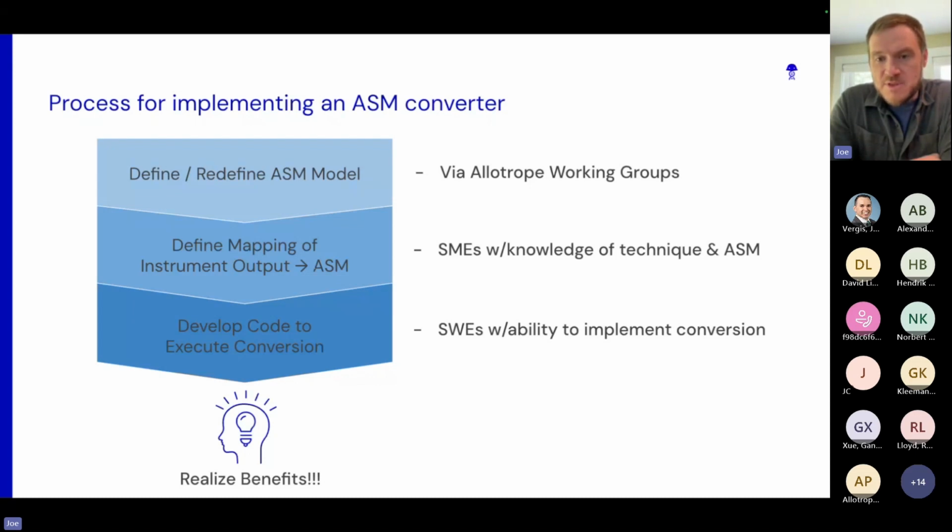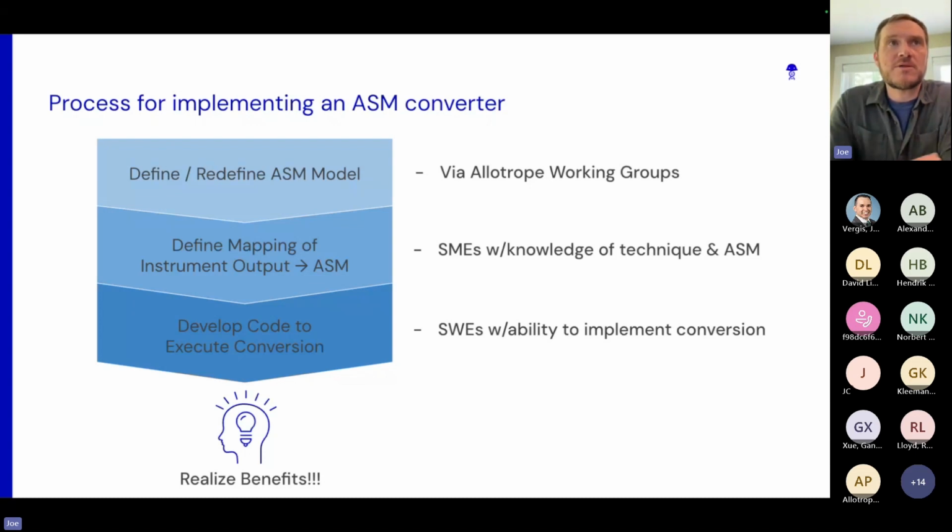I think actually the ASM themselves, an instantiation of these ontologies into a data model, we often find when we apply them to real instruments and real data, there's more work to be done. It's not a critique of the ASM, but more a call out to the community that there's still work to be done here. So I'll come back to that later.